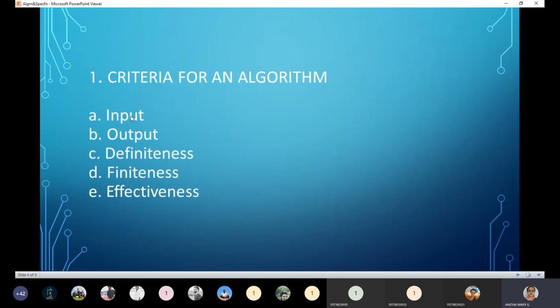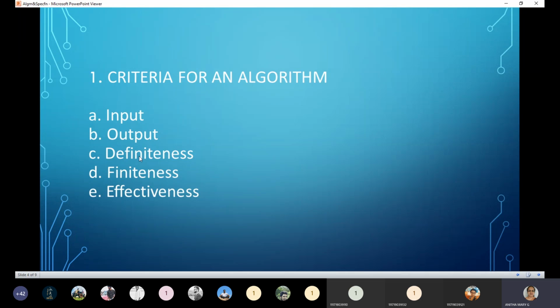Second, besides the inputs you are giving, you should also know what output exactly it's going to give. How many outputs can you get from any problem? Minimum one, at least, not zero. When I give a print statement with zero input, but some output, welcome, it's showing, so that is at least one output. At least one quantity has to be produced. That is the output of an algorithm.